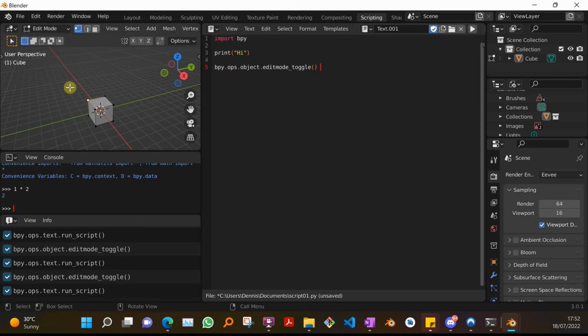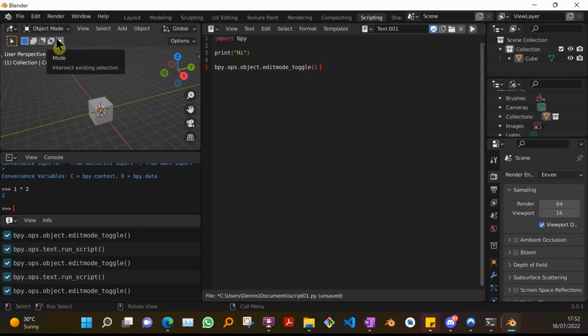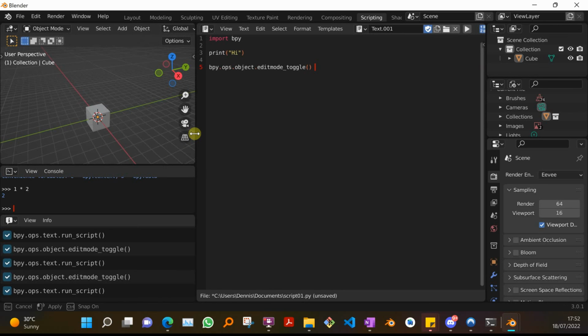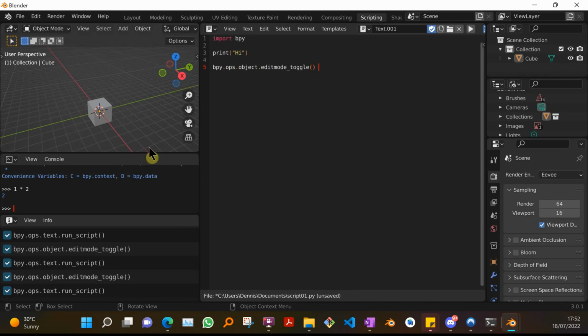Now, if I'm in object mode and I've not selected it, God, it was blowing up a minute ago. Okay, I think I've got it. I'm doing something slightly different, in fact, to what I did from my dry run, which is